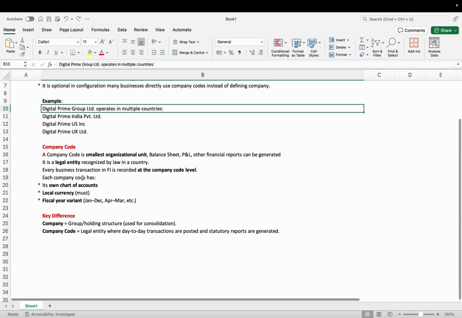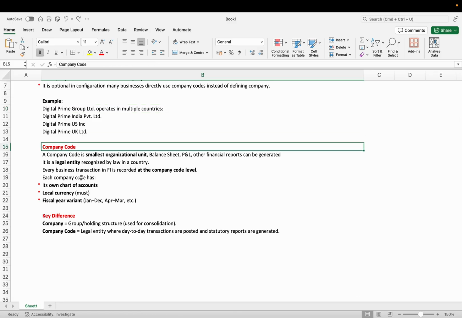Now coming to the company code. Company code is the smallest organizational unit where we record all the day-to-day financial transactional entries. At the company code level, we can generate the financial reports, balance sheet, profit and loss, and other statutory reports based on the business needs.